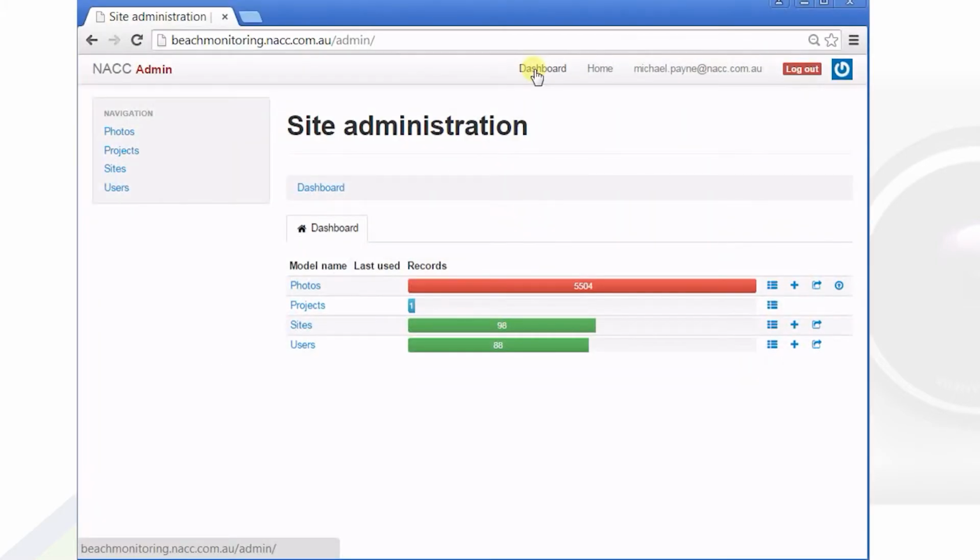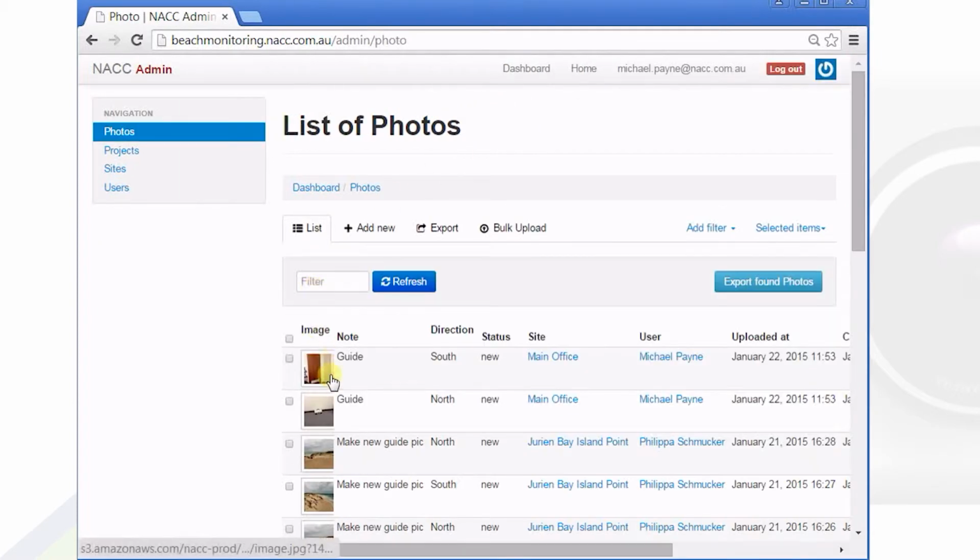Let's return to the database to view those photos. And here they are at the top of the list of photos. We will now establish both of these initial photos as guide photos for that site. To do this, we return to the sites list,